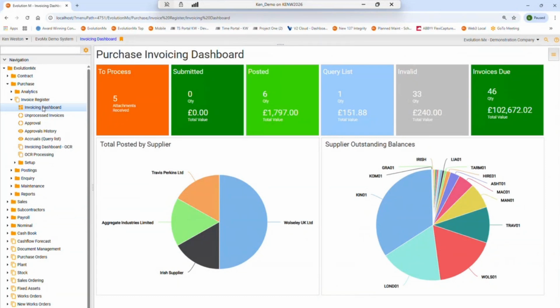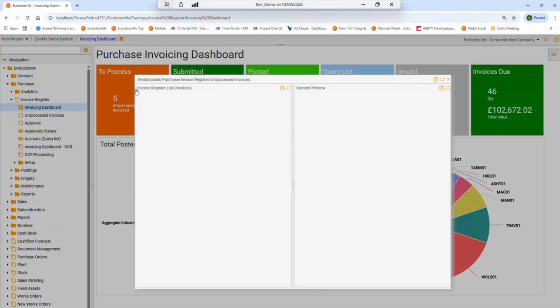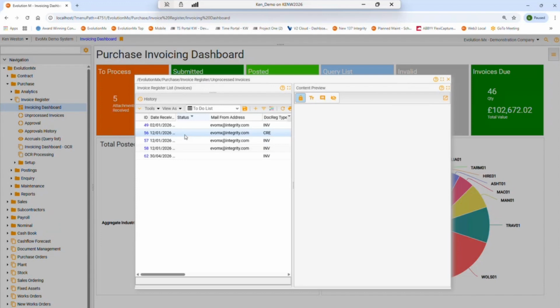Evolution MX offers a number of ways of dealing with query handling and approval of invoices through the invoice register within both the purchase ledger and the subcontractors. Using a dashboard approach to display the information within the invoice register and what needs to be done, I can access a particular entry,